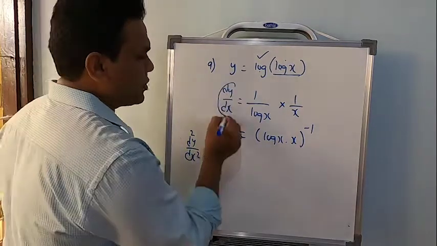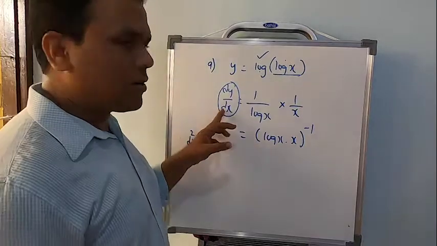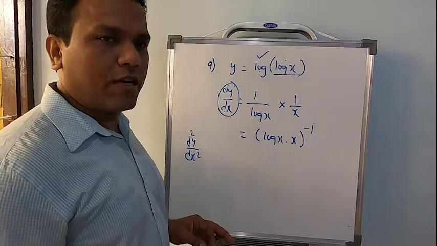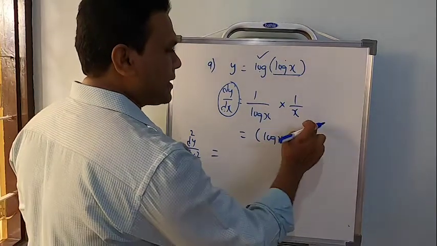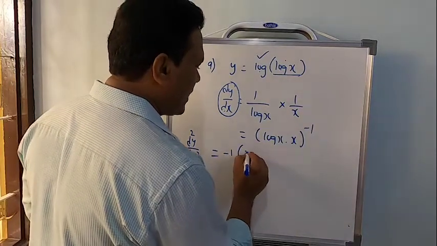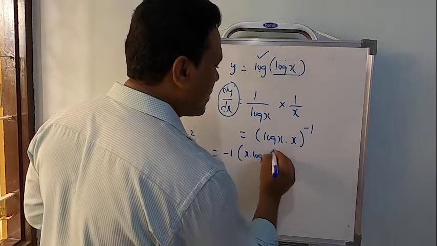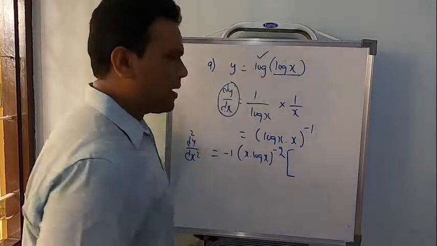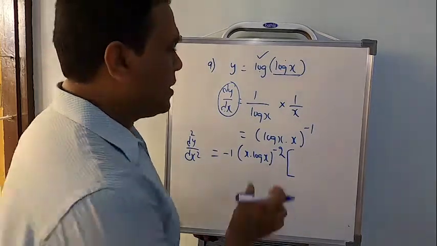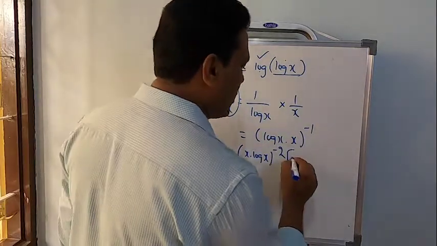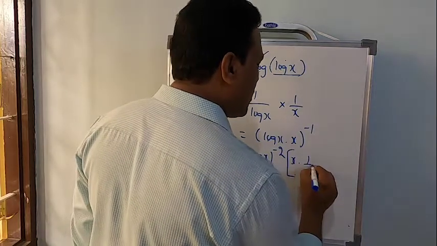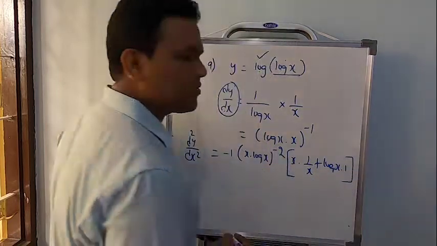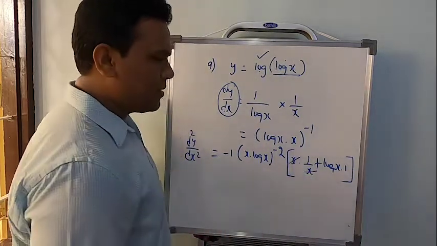See, I suggest you, this symbol shows you are doing the first order derivative. When you write this symbol, it shows you started doing the second order derivative. So first x power n I said, so minus 1 multiplied by x log x whole power minus 2, n into x power n minus 1. Please open the brackets wherever necessary. So x log x has to be done by using product rule. x multiplied by derivative of log x is 1 by x, plus log x multiplied by derivative of x will be 1.